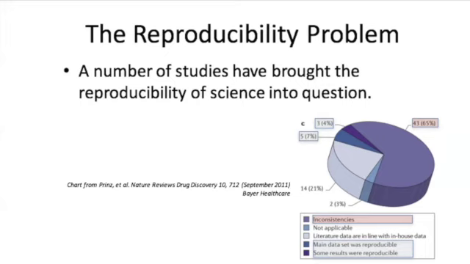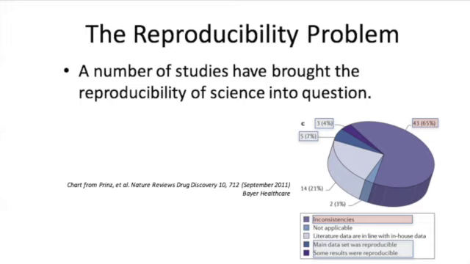Although the interesting thing that I've heard, and I might not be able to quite defend it, is that you ask a bunch of people if there is a reproducibility problem, or if other people's research is reproducible. Often people will say, no, other people's research isn't reproducible. But you ask them if their research is reproducible, and they'll say, of course, my research is reproducible. So that's a kind of odd juxtaposition: everyone thinks they're doing a pretty good job, but most people think that the field itself has an issue. So there has to be some sort of disconnect there that makes that possible. That's just kind of an amusing thing.